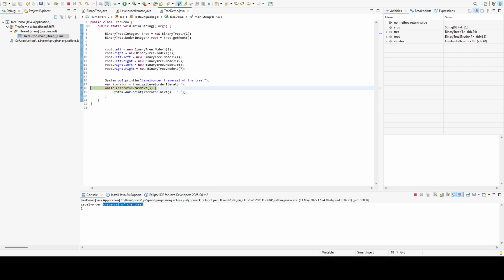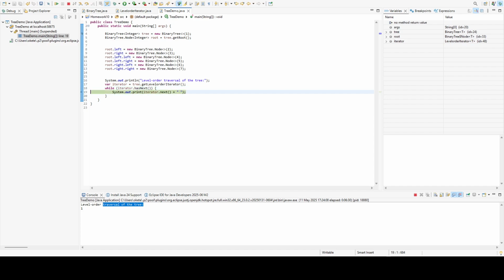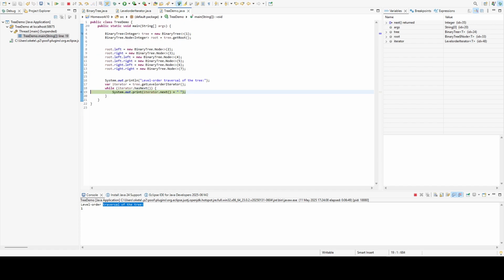Now go back again, and in the second iteration hasNext is true, and this is true, so iterator.next, we call the next method again, removes 2 from the queue and prints 2 and adds 4 and 5 to the queue. After these lines, our queue state is 3, 4, 5,